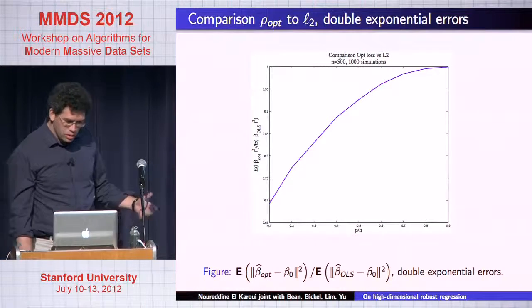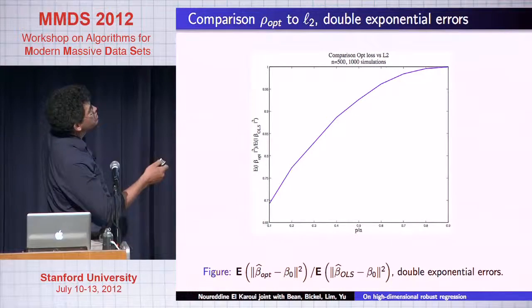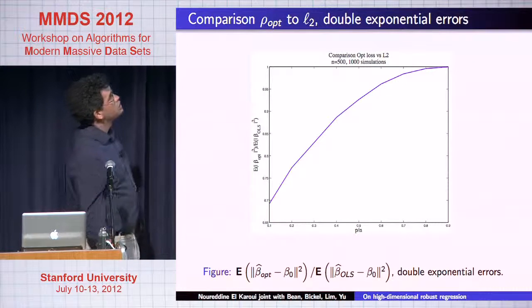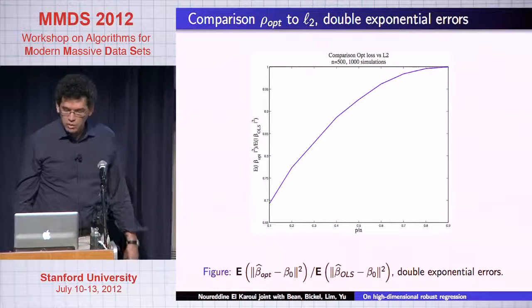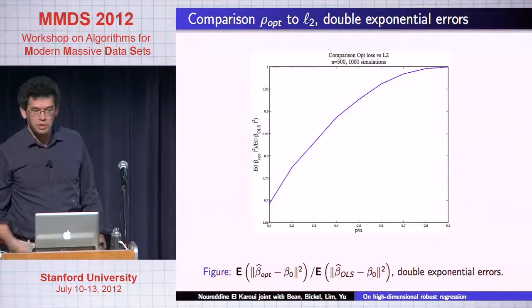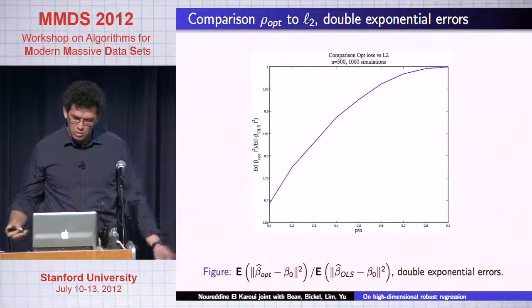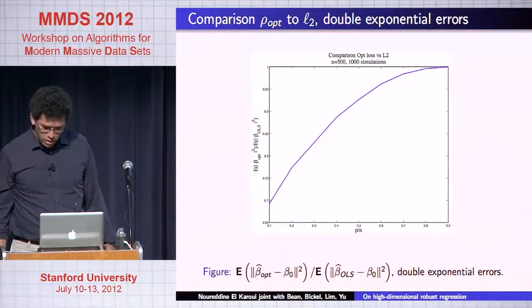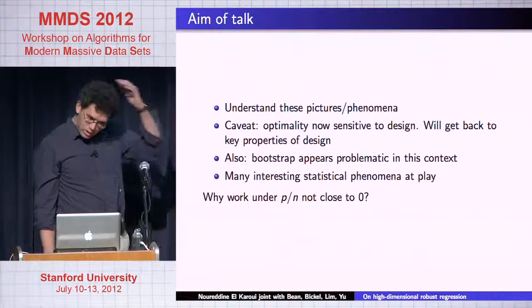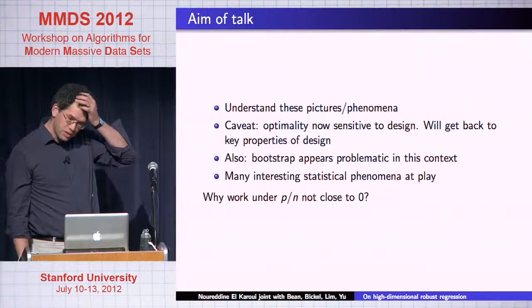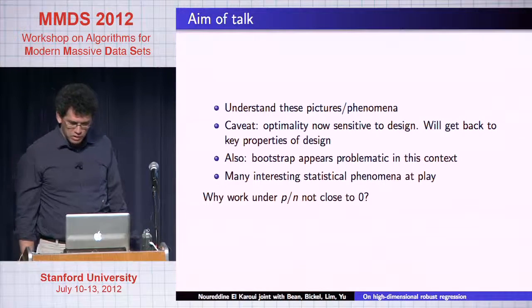Okay, so another thing I'll say is that this is for N equals 500, 1,000 simulations. It turns out, especially in terms of comparing L1 to L2, that you don't need N to be this large. But for this, the computations we did require asymptotics, basically where P and N are both large. Okay, so the aim of the talk is to understand these pictures and give you some idea of the phenomena